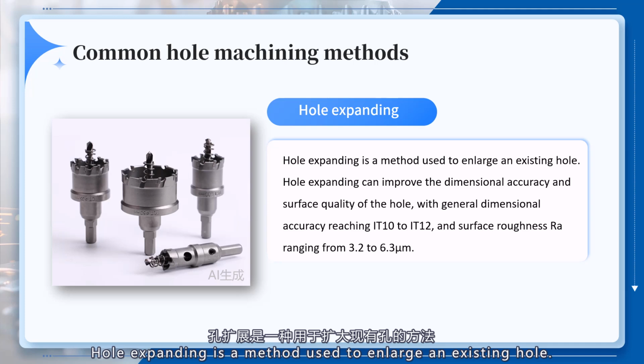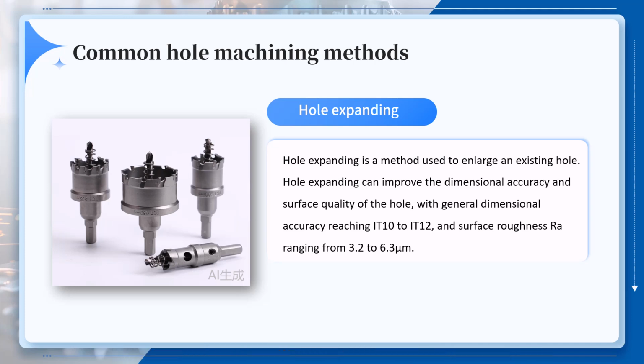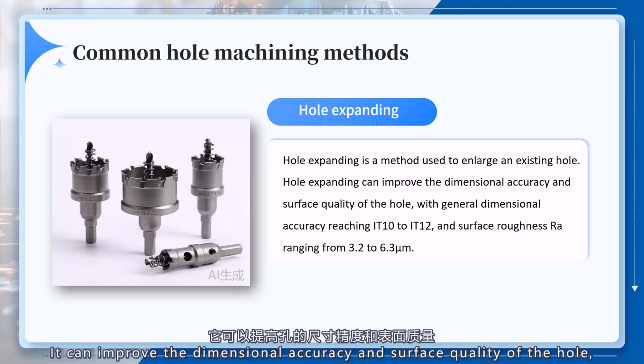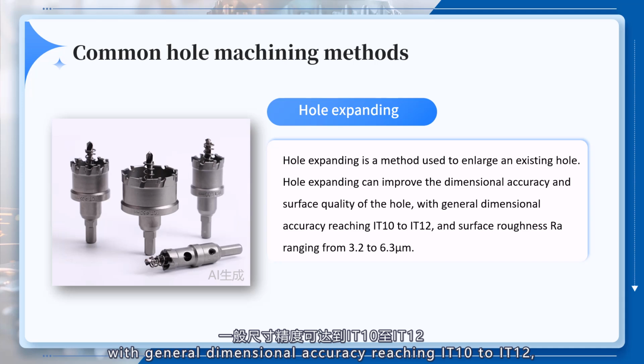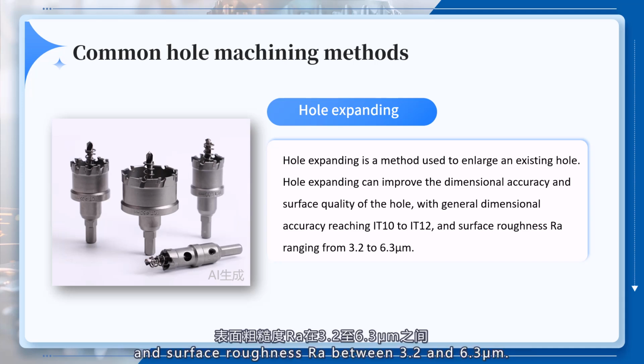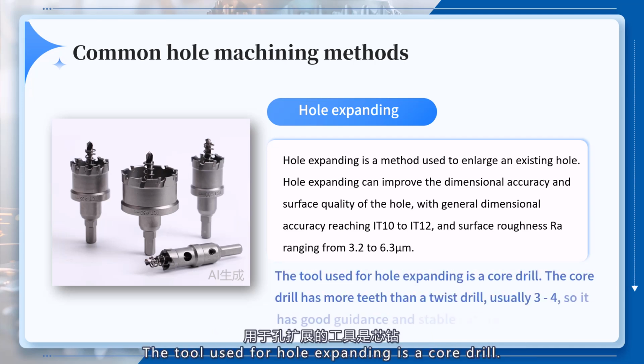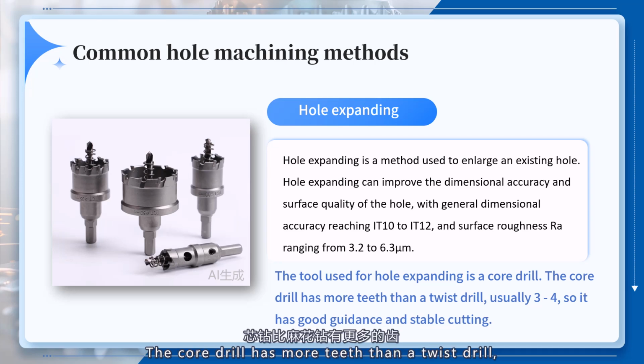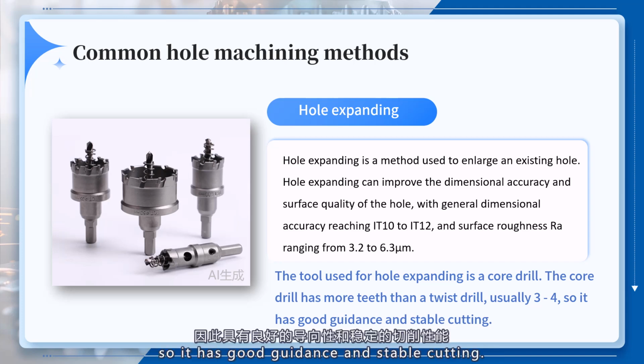Hole expanding. Hole expanding is a method used to enlarge an existing hole. It can improve the dimensional accuracy and surface quality of the hole, with general dimensional accuracy reaching IT10 to IT12 and surface roughness Ra between 3.2 and 6.3 micrometers. The tool used for hole expanding is a core drill. The core drill has more teeth than a twist drill, usually 3 to 4, so it has good guidance and